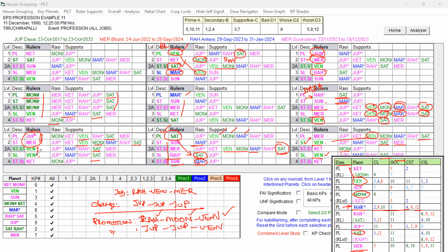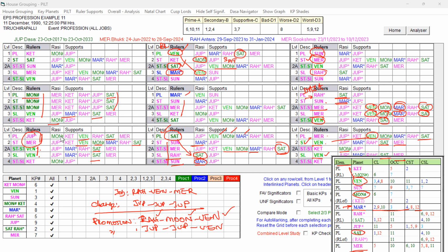So in Jupiter Dasa, Jupiter Bhukti and Jupiter Antra itself, the native got the change of job. So you see, we are trying to find how the key planets are influencing, how a planet, the Dasa Lord or Bhukti Lord, favors the event, along with the role of the key planet in supports and also rulers forming ruler link. So for that practice, I'm giving it.